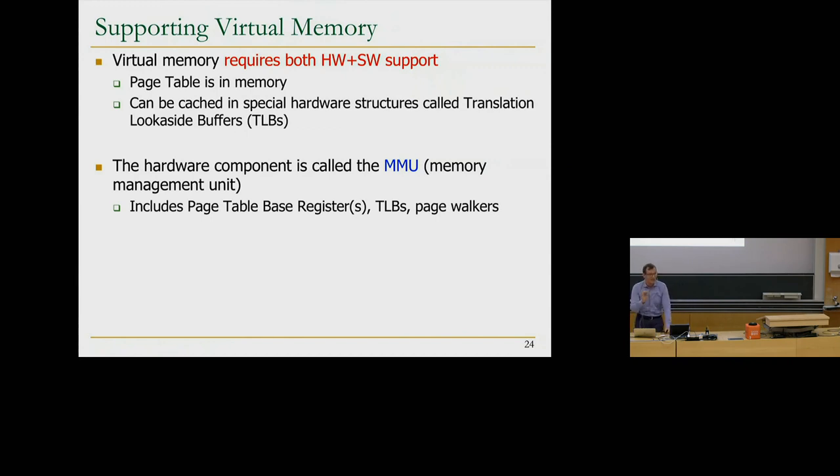It includes a page table base register for every process that's running. It includes the TLBs, so the MMU is actually a bigger distributed structure on chip. TLBs are very close to the processor, but the MMU includes them also. It also includes the machinery or hardware to access the page table whenever you have a TLB miss. And it includes the machinery to bring in the page from disk into main memory